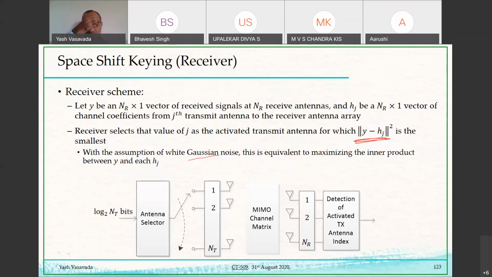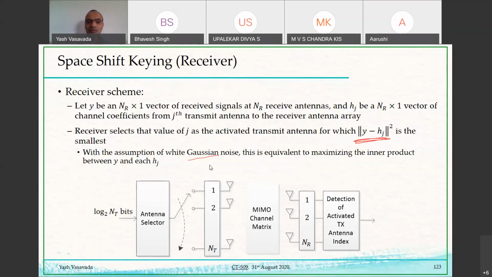In the maximum a posteriori scheme, the prior probabilities are different. Maybe antenna 1 will get selected 80% of the time, and antenna 2 will get selected 10% of the time, and then 3 and 4 will get selected 5% of the times. So those prior probabilities are not equal in the MAP. The only difference between MAP and ML is that those prior probabilities are equal, and so we can ignore them